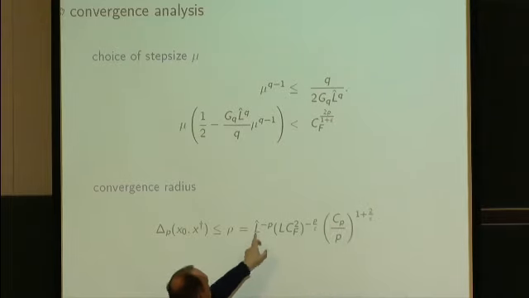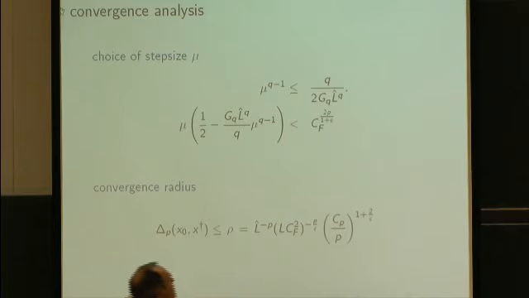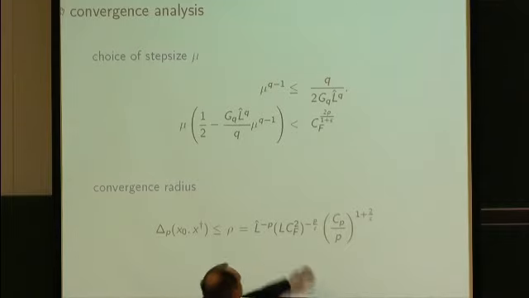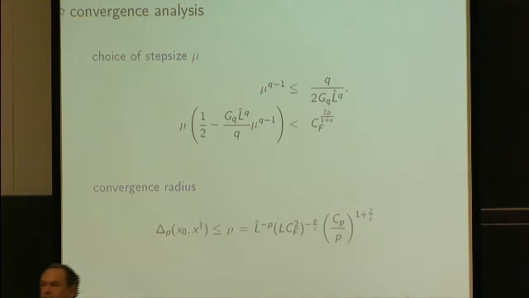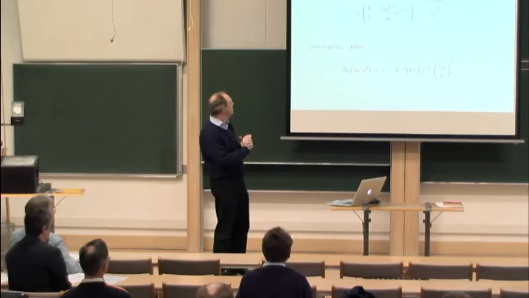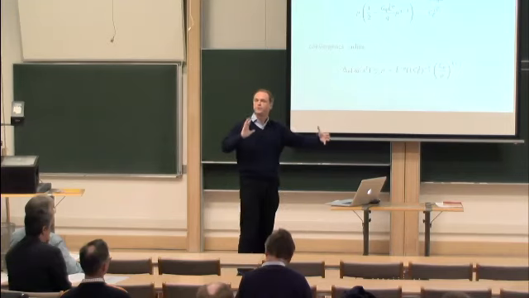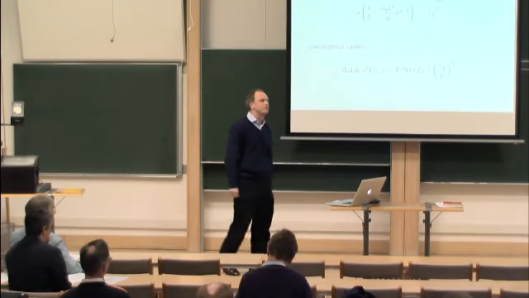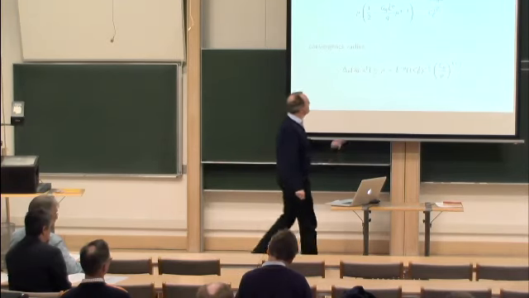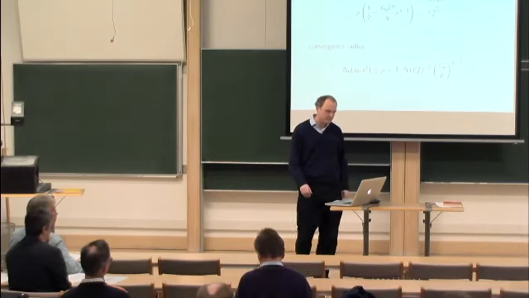What you see is that L hat, the Lipschitz constant and the bound on the Fréchet derivative, and the stability constant play a role. So what you immediately see, for example, is that if the stability constant becomes bad, becomes large, this is a negative power, if epsilon equals 1, then actually the radius of convergence contracts very rapidly. And so the stability is extremely important to guarantee that you have any sort of non-trivial range where you can attract to the true solution guaranteed. So the interplay of the constants is the interesting part here.